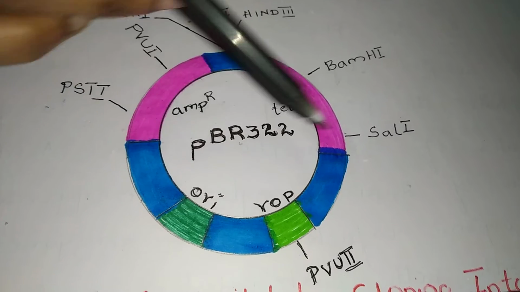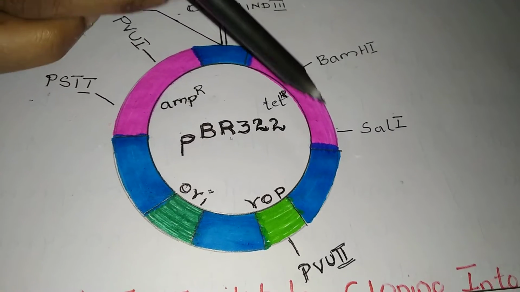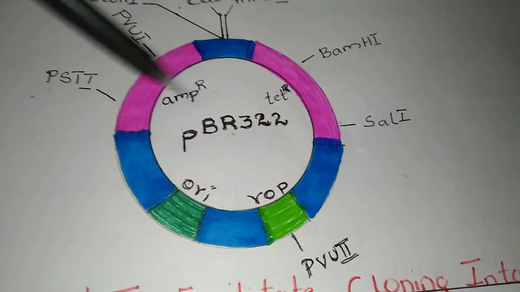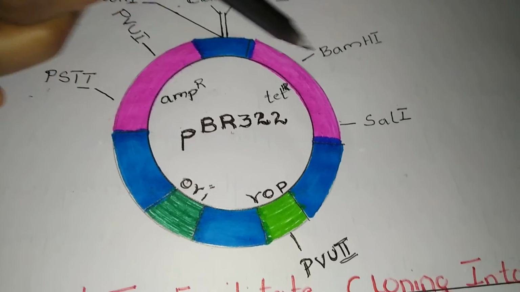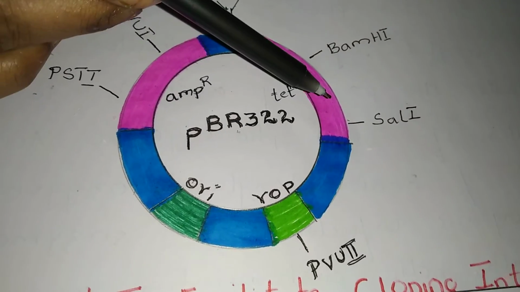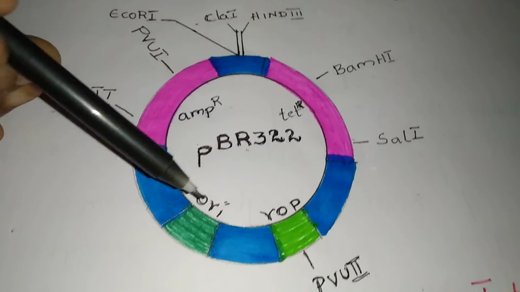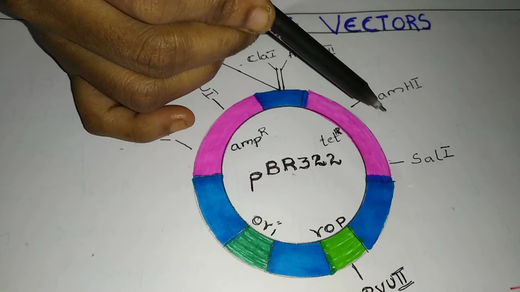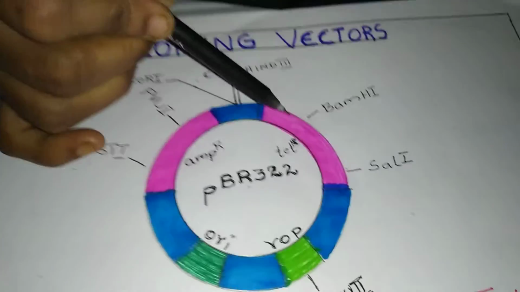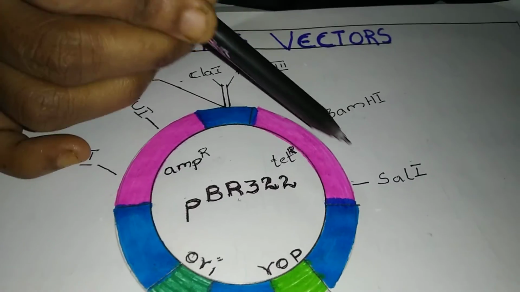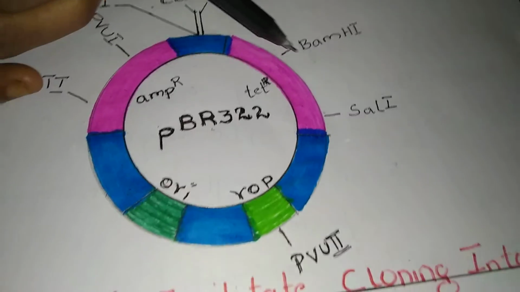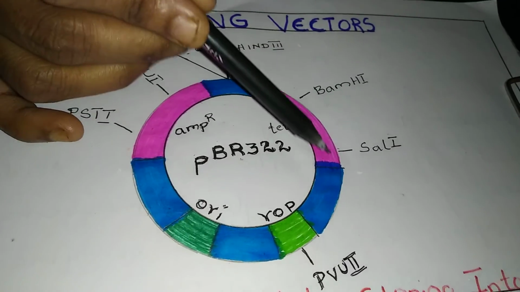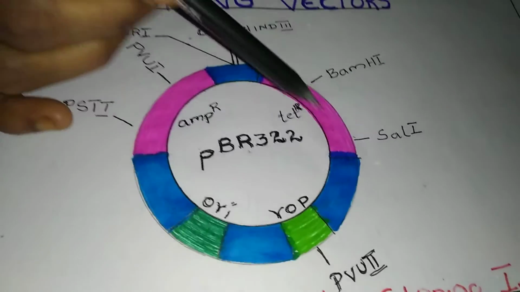So only one can be used as a recognition site or a cloning site where the foreign DNA can get ligated to any one of these antibiotic resistance gene sequences. That is about the cloning site. Now, suppose the foreign DNA gets ligated to the gene sequence of tetracycline antibiotic, then this plasmid loses the tetracycline resistance.